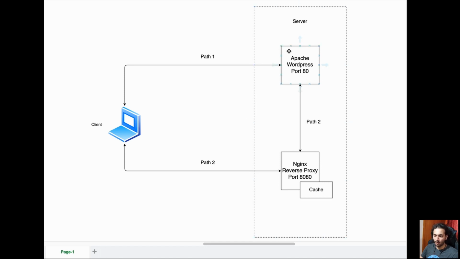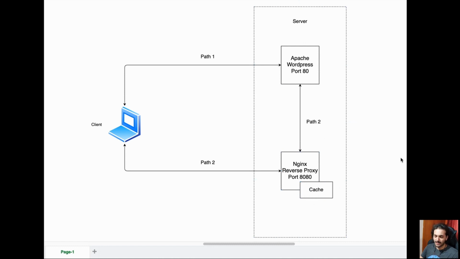But what if it actually wants to use the cache instead of hitting the server every time? In that case, the client can take path 2, wherein it will try accessing the same IP on port 8080, and then the Nginx process in turn will talk to the Apache process. And once it talks to the Apache process, it gets back data and then it serves it back to the client. This is the case when the web page which the client is looking for is not cached. If the web page is cached, it doesn't even have to go to the Apache process. The Nginx process directly serves the page via its cache.